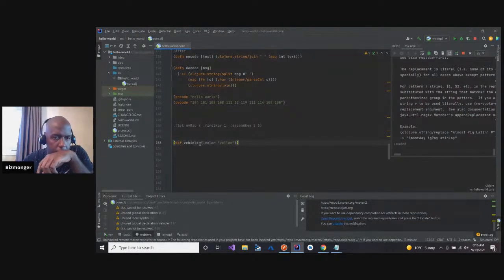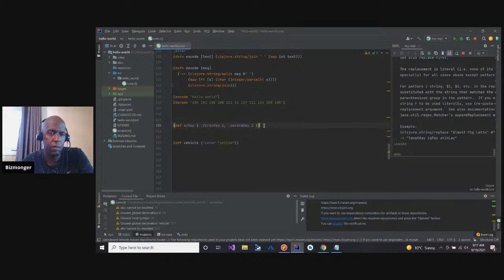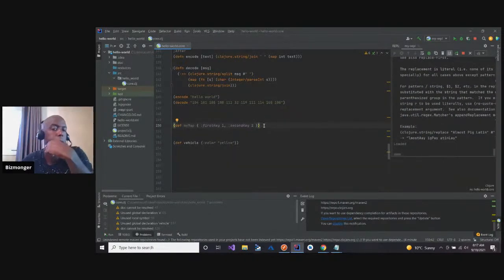Def vehicle, and then they had def in here. All right. So what if I get rid of this and I just say def? Does that matter? That's fine. Okay.